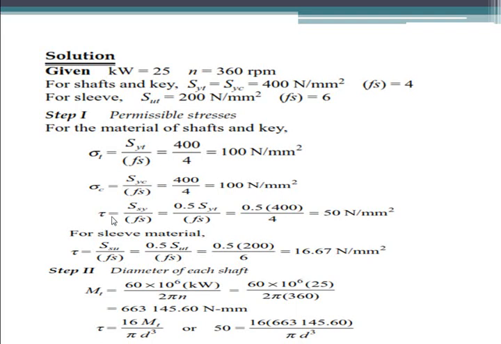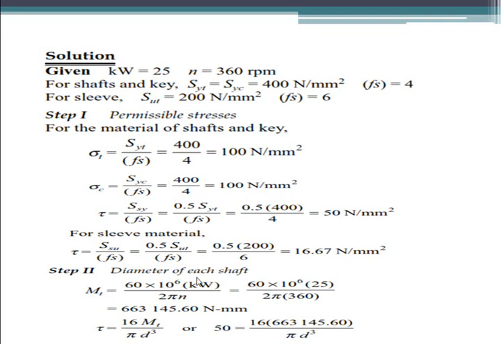And tau is equal to SSY by FOS, 0.5 SYT by FOS, 0.5 into 400 by 4, which is 50 Newton per mm square. And for sleeve material, the ultimate tensile strength was 200. The tau is equal to 0.5 SUT by FOS, which is 0.5 of 200 by 6, which is 16.67 Newton per mm square. And after finding out these permissible stresses, we need to find out the diameter of the shaft